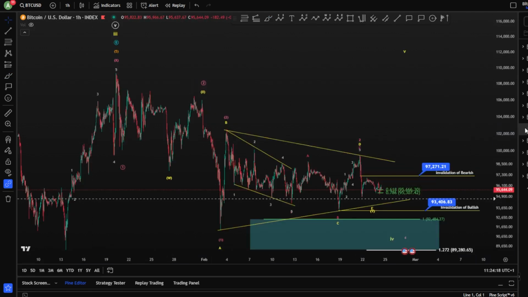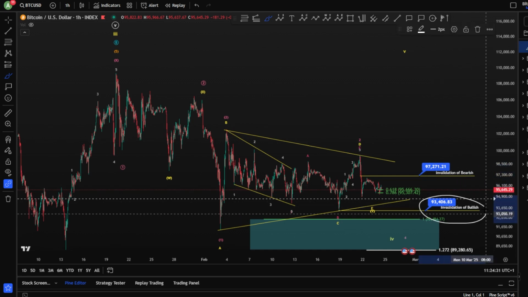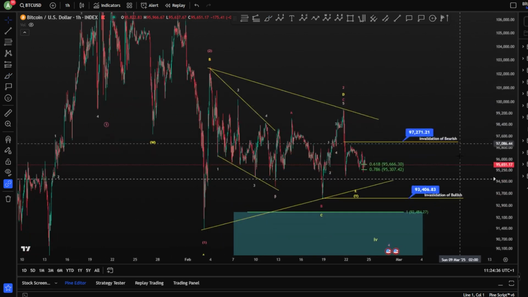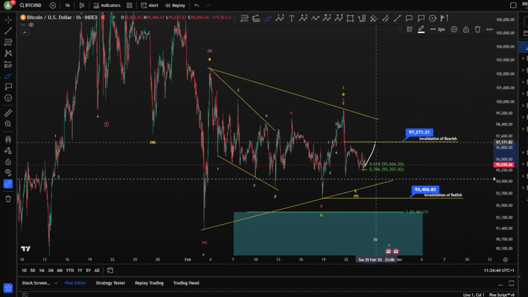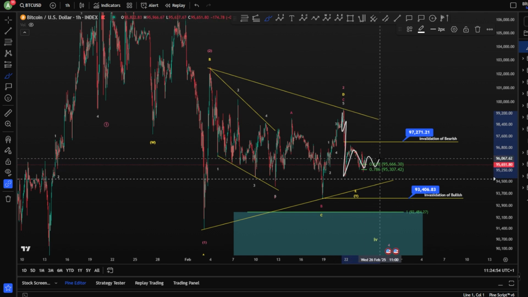Now, on the 1-hour chart, as we can see, the price is still ranging sideways, very, very long, boring sideways. And as you can see, we are between the invalidation of a bearish scenario and the invalidation of a bullish scenario. So we are in both scenarios right now, and we are ranging in between those invalidation points. Meaning now, if you move higher, you will invalidate the bearish scenario, and your bearish scenario is currently where you have 1, 2, 3, and probably now you're looking for a wave 4.